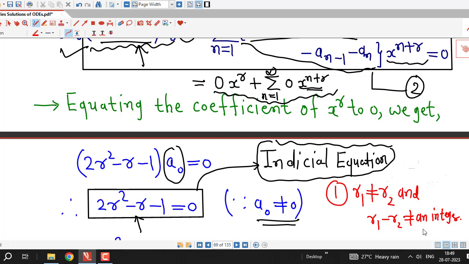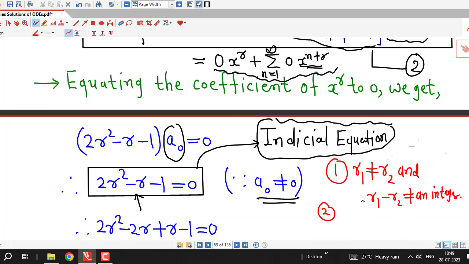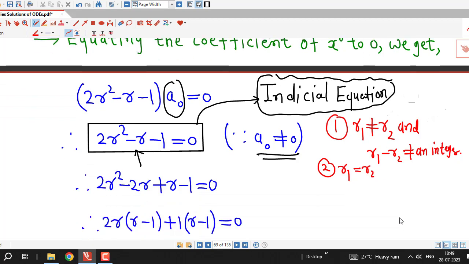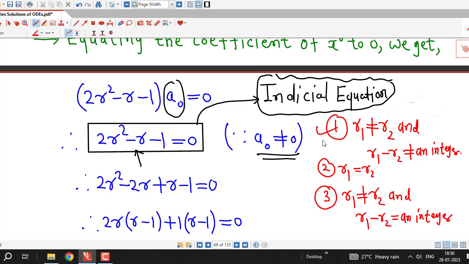That means we will have some non-integer as the difference of R1 and R2. Second possibility is R1 and R2 are equal, that is we have a double root. And third possibility is R1 and R2 are distinct but their difference is an integer, R1 minus R2 equal to some integer value. And in each of these three cases we have different